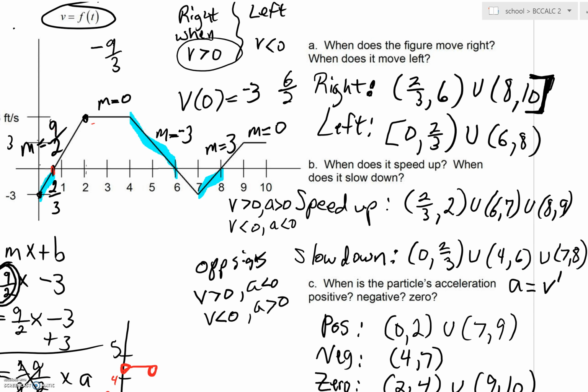Every once in a while, students will say, well, you're missing some time intervals. What about between 2 and 4? What about between 9 and 10? But guys, if your acceleration is 0, your acceleration won't have the same or opposite sign at those locations, because a slope of 0 is